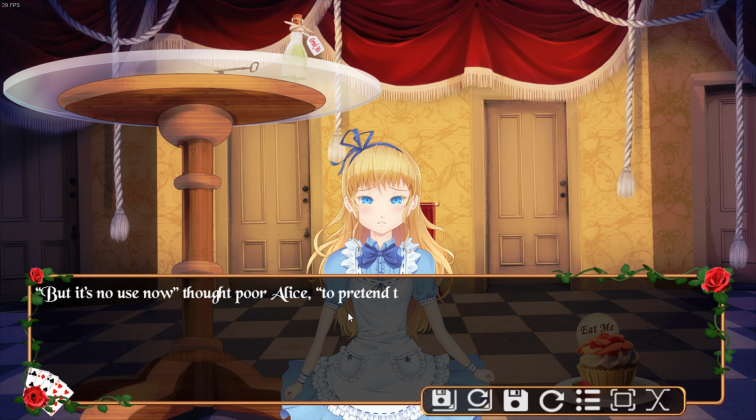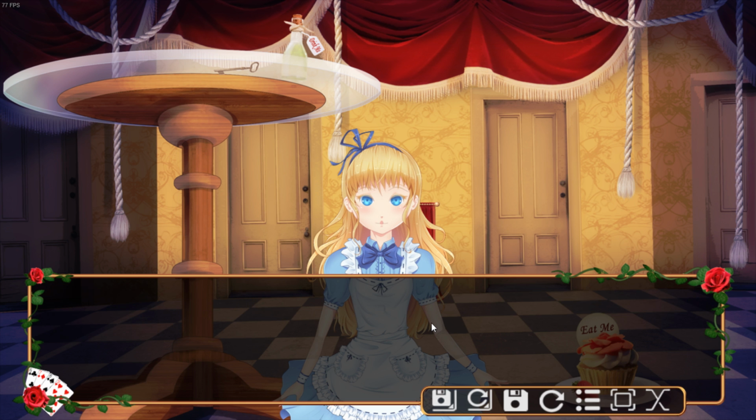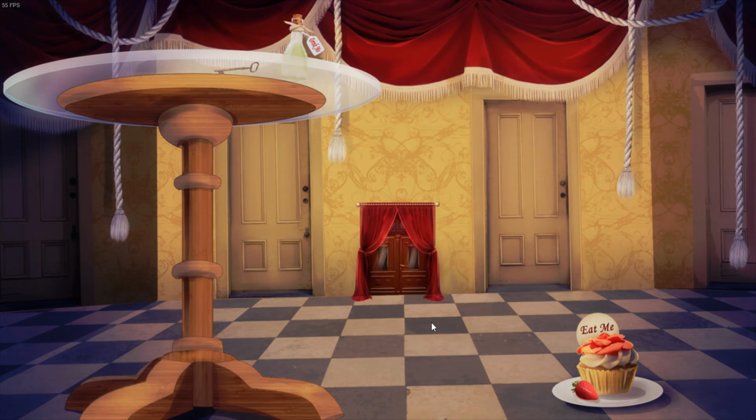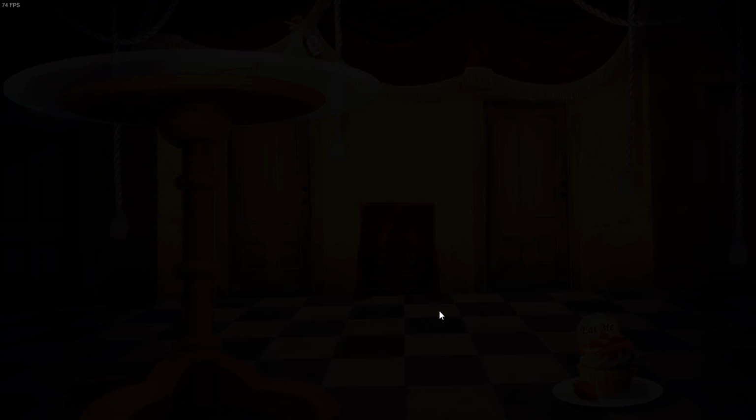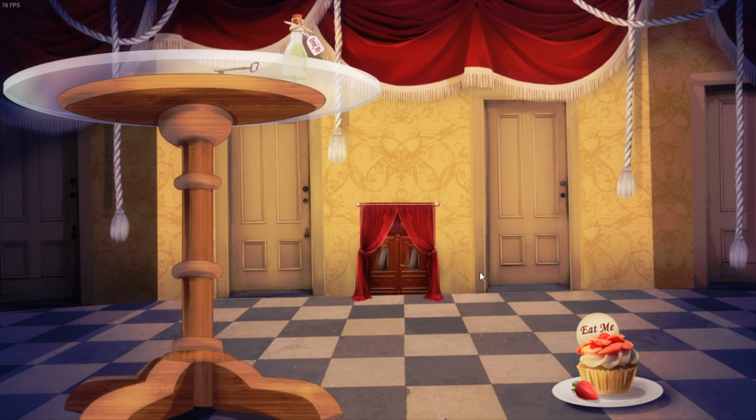Alright, so I think I'm just going to finish reading here, and let me skip ahead. I want to get to the garden, just to see a different view. But so far, it seems like we're essentially reading Alice's Adventures in Wonderland by Lewis Carroll verbatim. And this is chapter 2, The Pool of Tears. I'm not going to go too much further. I just want to see what happens next.